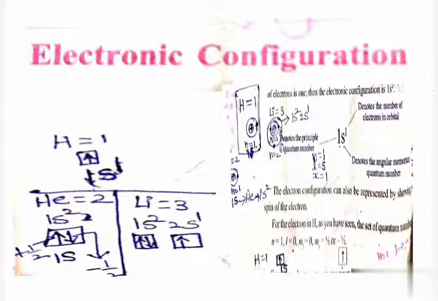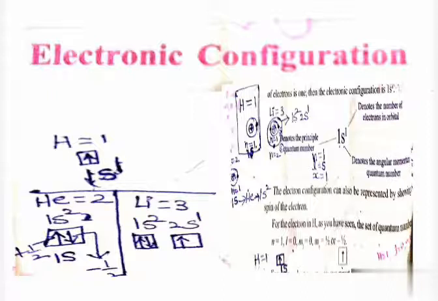Now we can write the electronic configuration of lithium like this, by the NLX method only. First we write the information related to the N is equal to 1 shell. Its N value is 1. Its L value is the s subshell. How many electrons are there? 2 electrons. In the place of X, write 2. In the place of N we wrote 1 because it belongs to the first shell. In the place of L we wrote S because the subshell name is S. In the place of X we wrote 2 because 2 electrons are there.